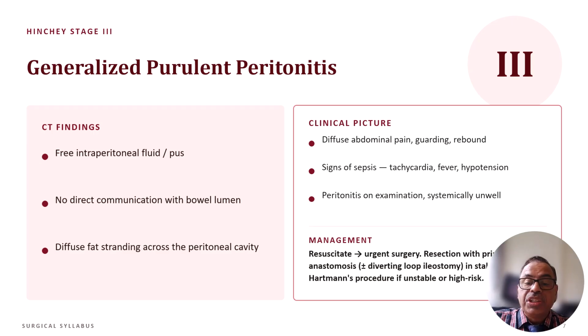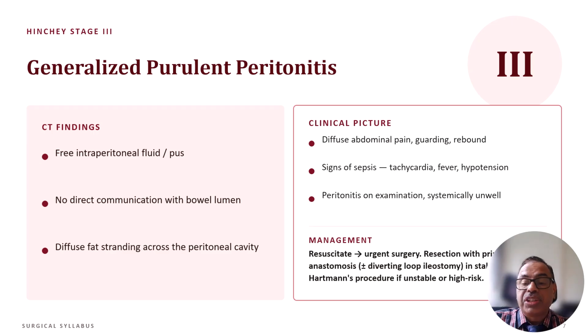Generally, the procedure involves peritoneal toileting after exploratory laparotomy, resection of the perforated segment of the bowel, along with creation of a primary anastomosis with a diverting proximal loop ileostomy in a stable case,